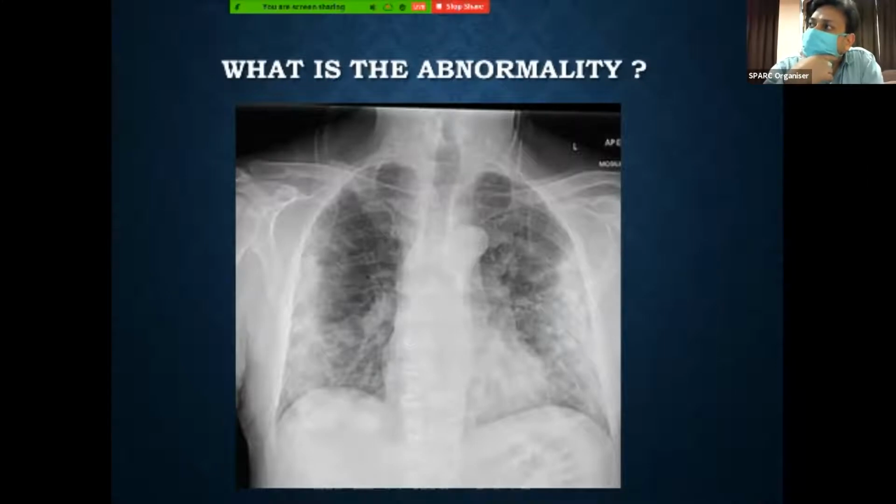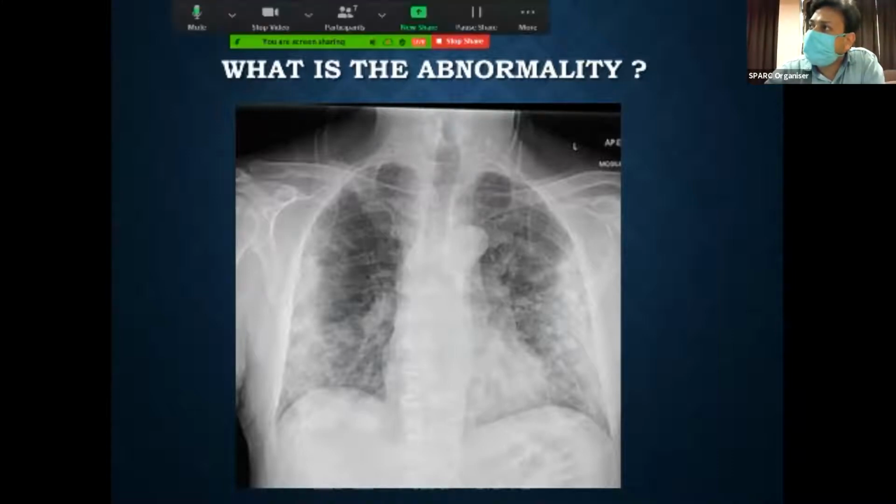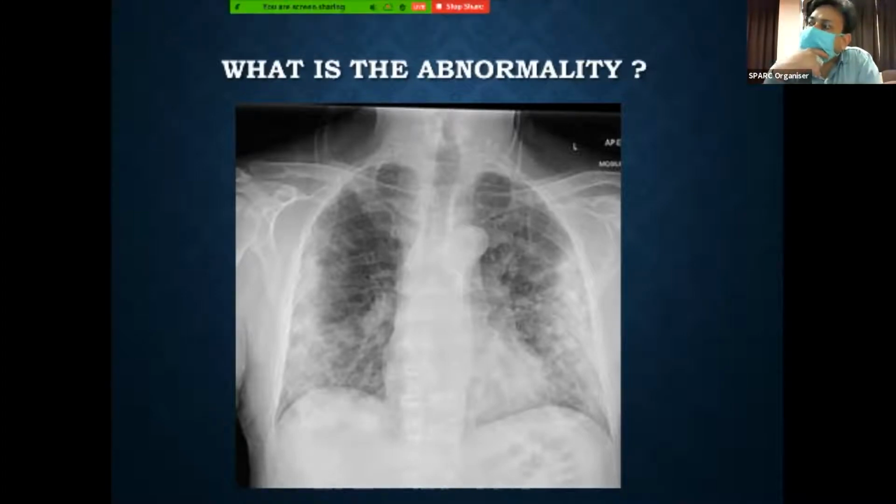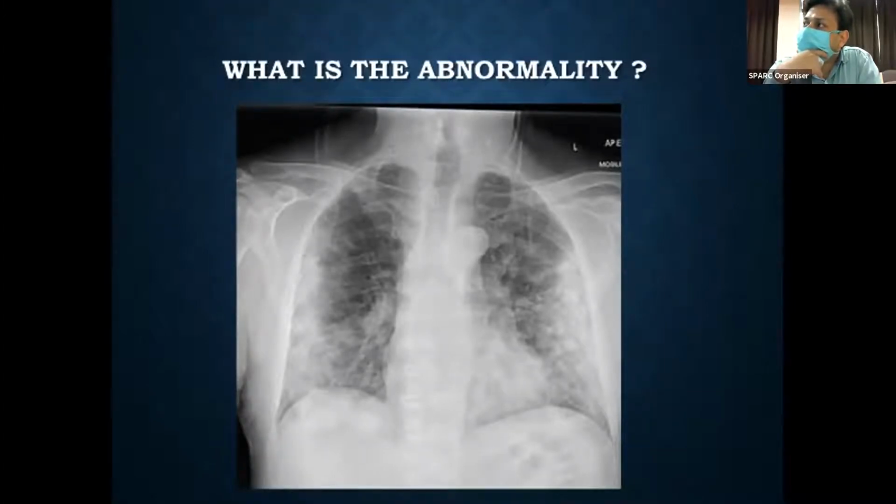So this is a chest X-ray, and what is abnormal here? As we can see, there are areas of increased opacity in the outer portion of the middle and lower zone, both sides. So a kind of geographical area of increased opacity. We also describe it radiologically as a consolidation. So bilateral peripheral consolidations, and this chest X-ray is very pertinent in today's time. This is a case of COVID pneumonia.